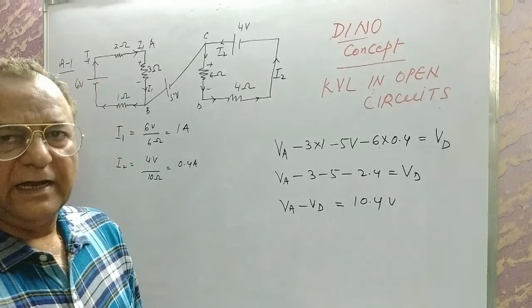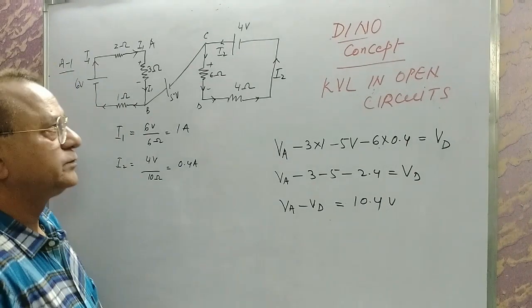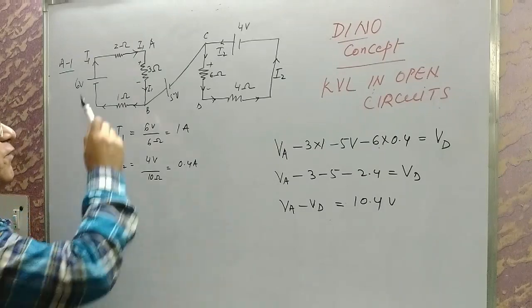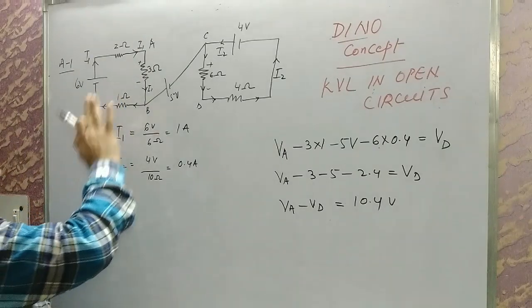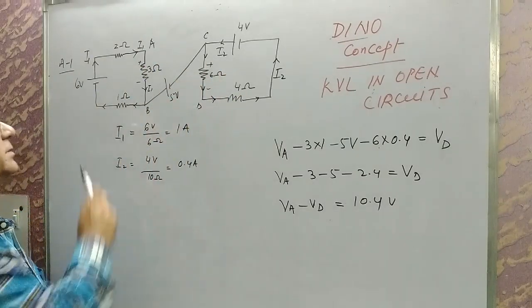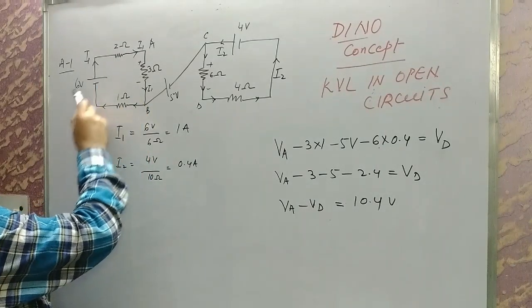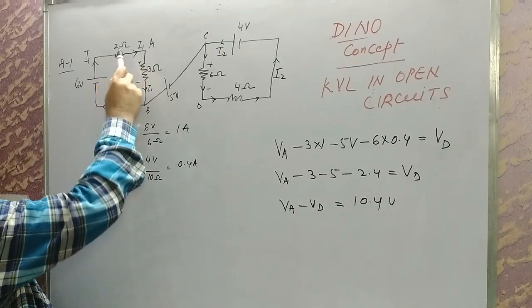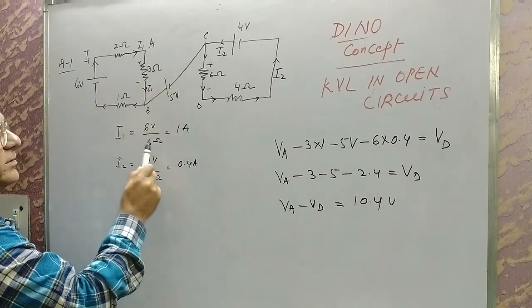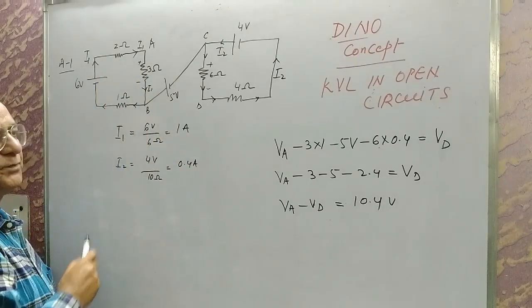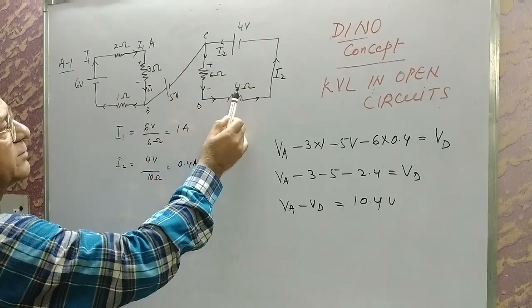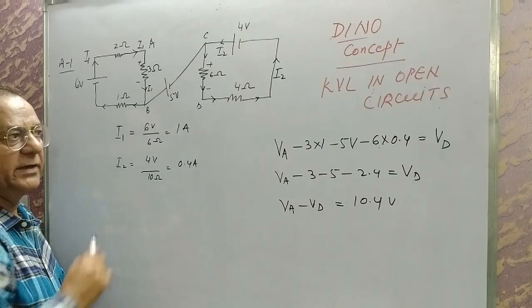Okay students, let us take answer number 1. In this question, there are two circuits. Find independent currents in each of the circuits separately. In the first circuit, the voltage is a mono loop, so there is no problem. I1 is 6 volt divided by 2 plus 3 plus 1, which is 6 ohm, equal to 1 ampere. I2 is equal to 4 volt divided by 6 plus 4, 10, which is 0.4 ampere.